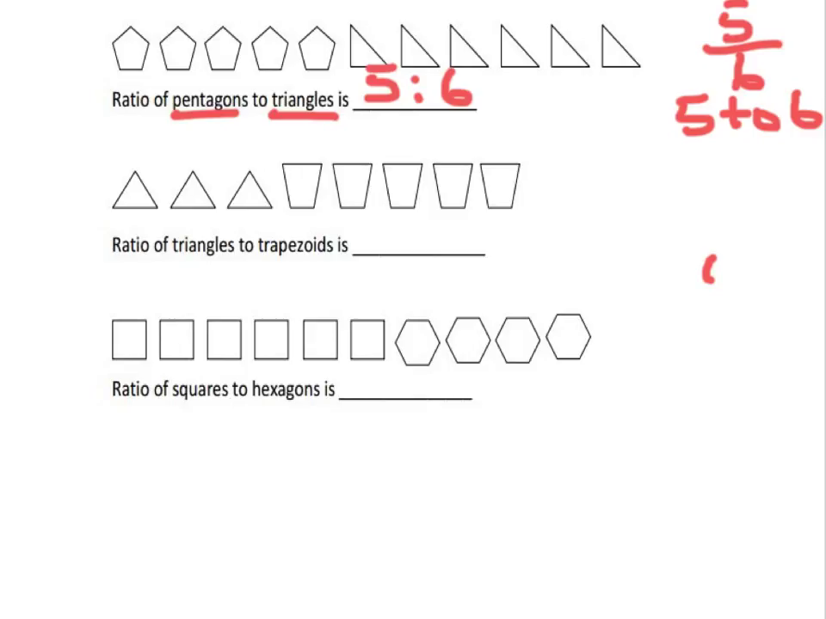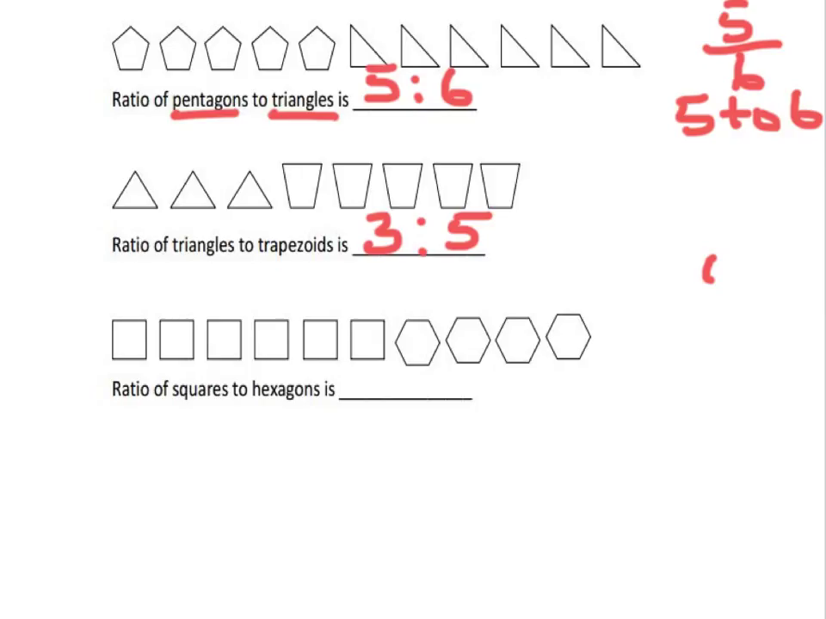Okay, triangles to trapezoids. So triangles go first. How many triangles? 3. How many trapezoids? 5. Okay, again, that's another ratio that can't be reduced. 3 to 5 is just 3 to 5. That means for every 3 triangles, we're going to have 5 trapezoids. And finally,